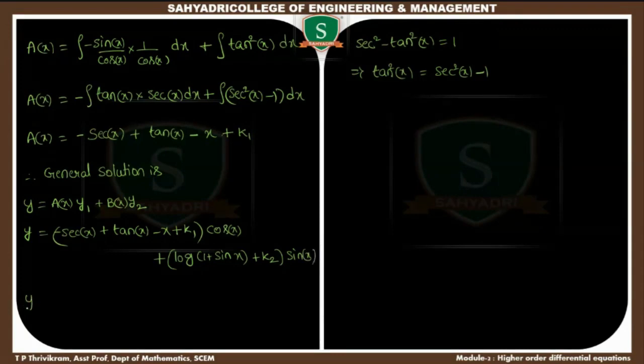So finally you can write the answer as k1 cos x plus k2 sin x